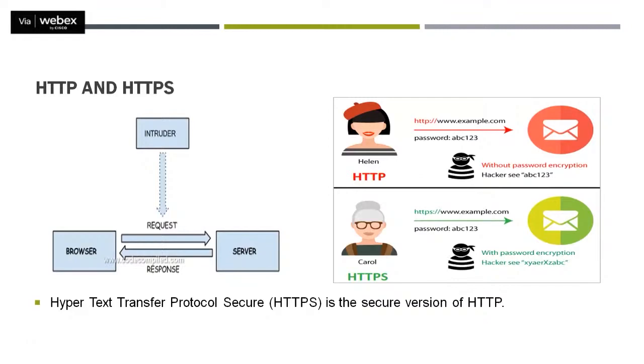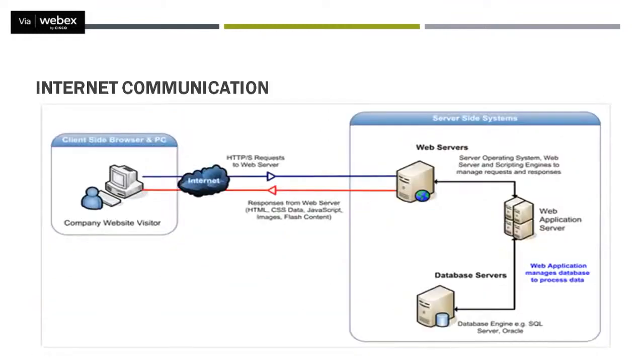Okay, but now with the advent of HTTPS, this password ABC123 is sent with encryption. This encrypted password cannot be decrypted by this person unless they have all the keys, the public and private key, and the proper decryption algorithm for the same. So hence it makes our communication more reliable and more secure. Okay. So similarly, another